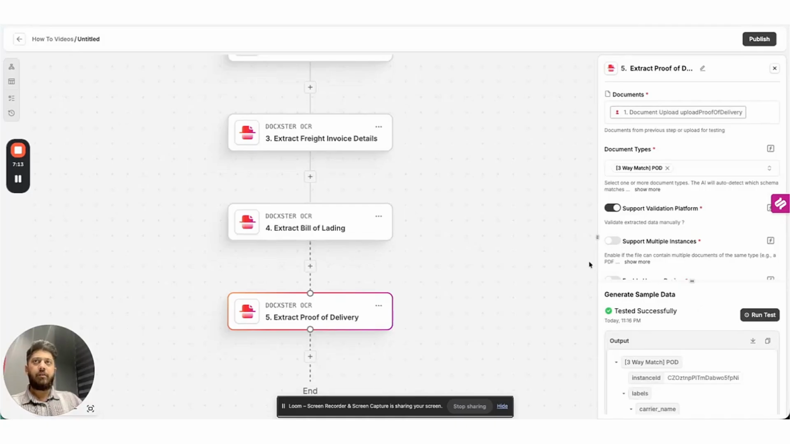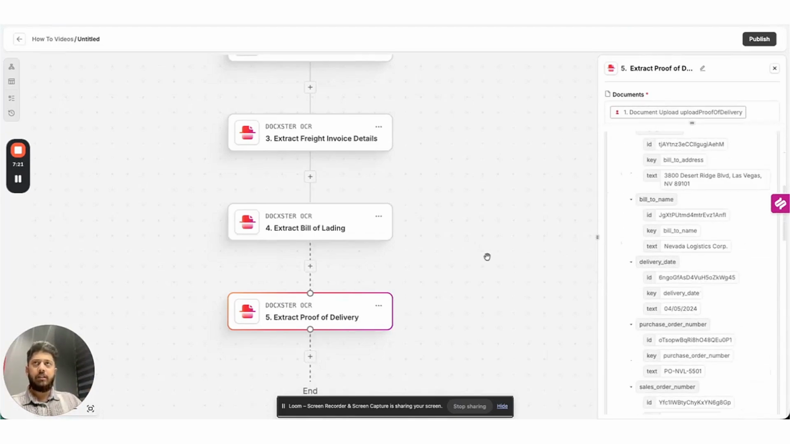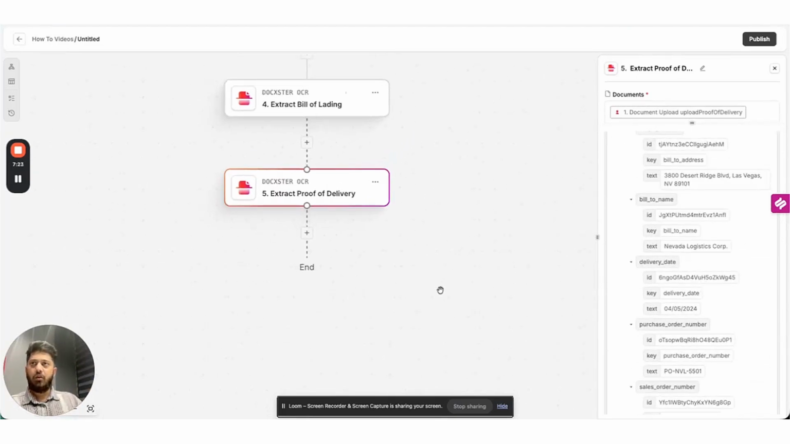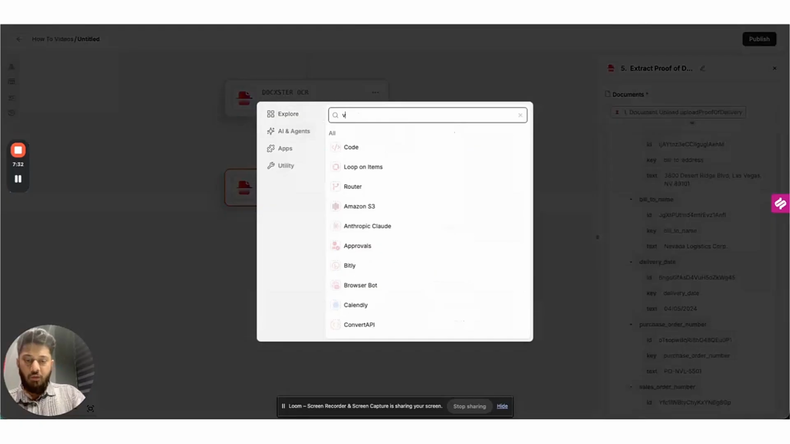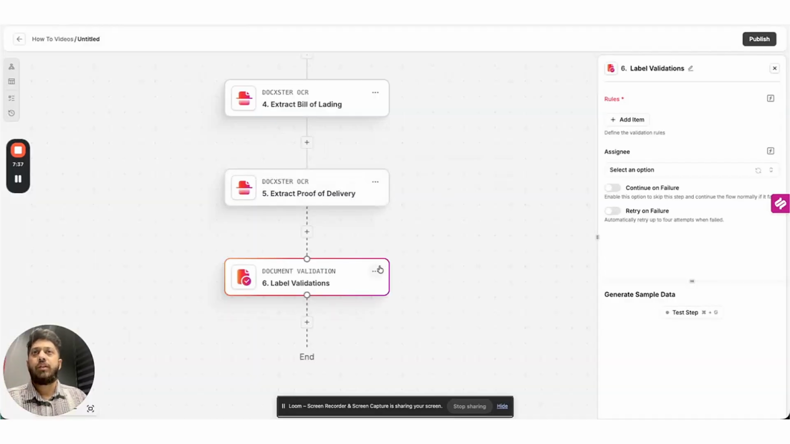Great. So now I have my invoice, I have my BOL, and I have my POD. I could use this data downstream in any kind of ways that you need. You want to route it through to a different TMS, WMS, or ERP, that could be done. But right now we are validating, so I'm going to add in a validation level feature that we have